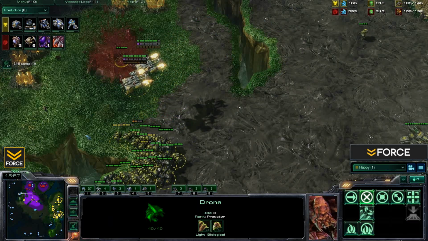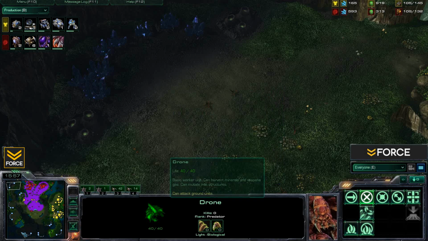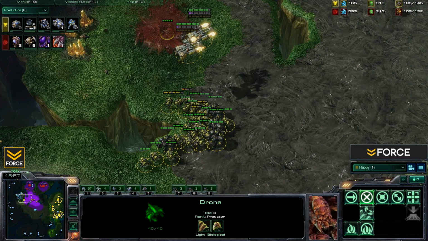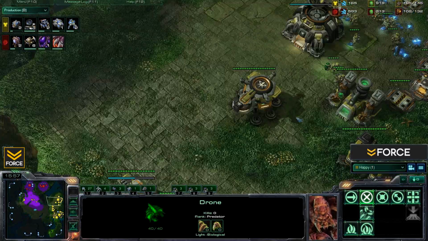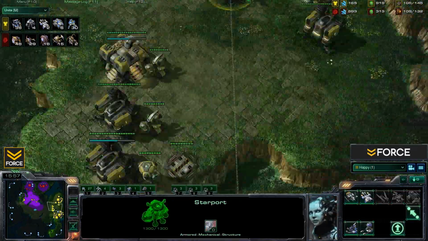Quick pause too, and I do want to just take a quick look. As we can see, Nercio hasn't expanded over here, but it would not hurt to check that. Dropping a scan, sending a Viking, anything is really a possibility. As we can see, Happy, I don't believe he did make any Vikings this game, but you are going to